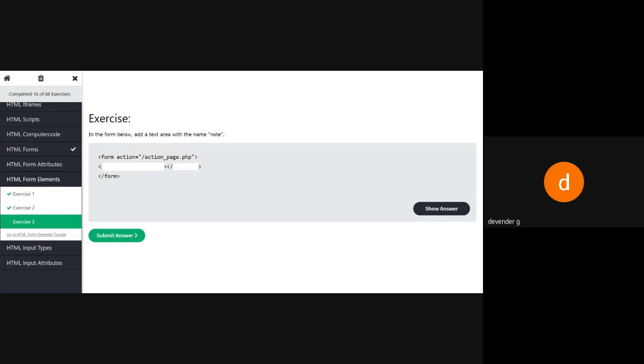Below you will have a bigger box with a scroll bar. That tells you how much text you want to type. That area is called a text area. So, multiple lines if you want. A text box will not be sufficient for us, so we need a text area. So I'll be saying text area, then name is equal to note, and close the text area.